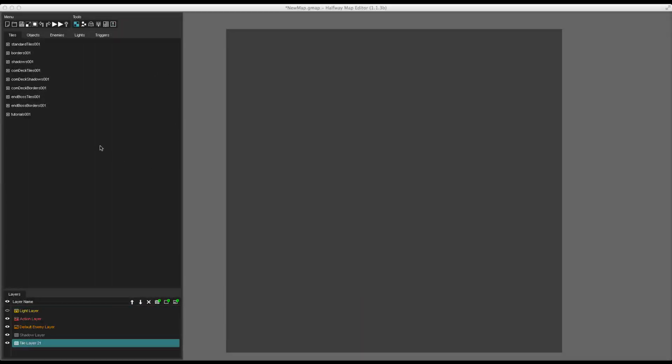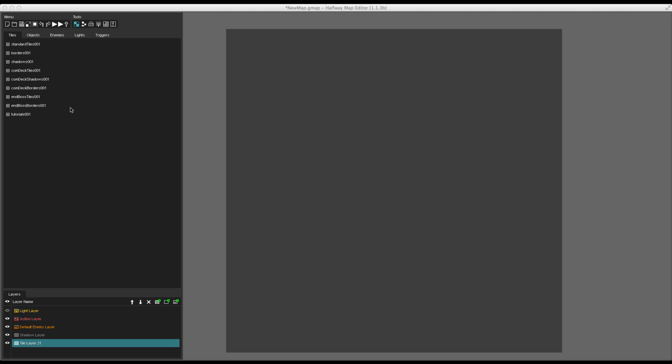Hello and welcome to our first sneak peek at what you're going to get when we release our mod tools. I will show off the map editor, where you can make new maps or complete campaigns. In this video I will show you in real time how easy it is to create a little map with